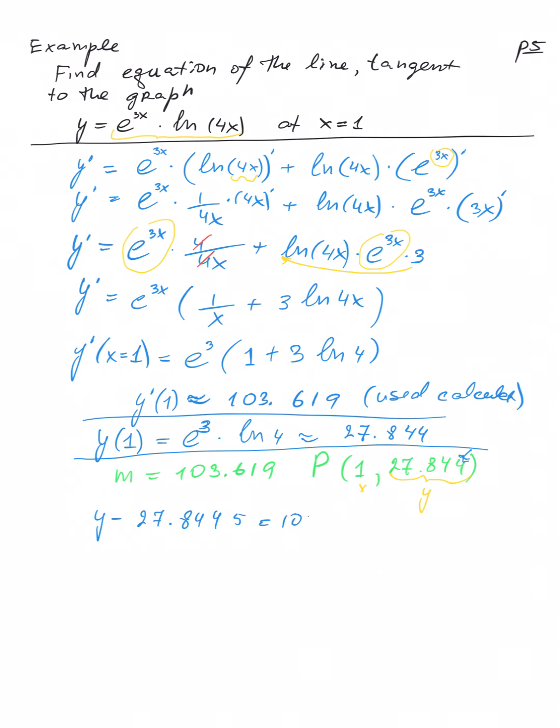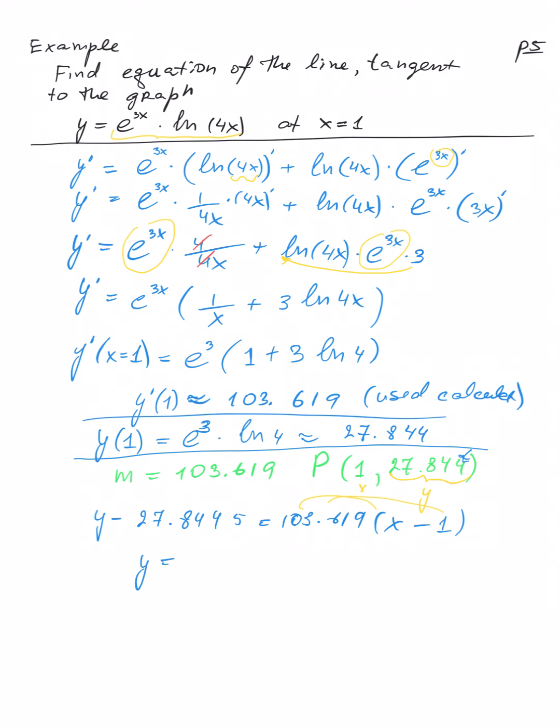Equals 103.619 times x minus 1. All right, and simplify that by distributing the slope to each term inside parentheses and then adding 27.8445, and you should get